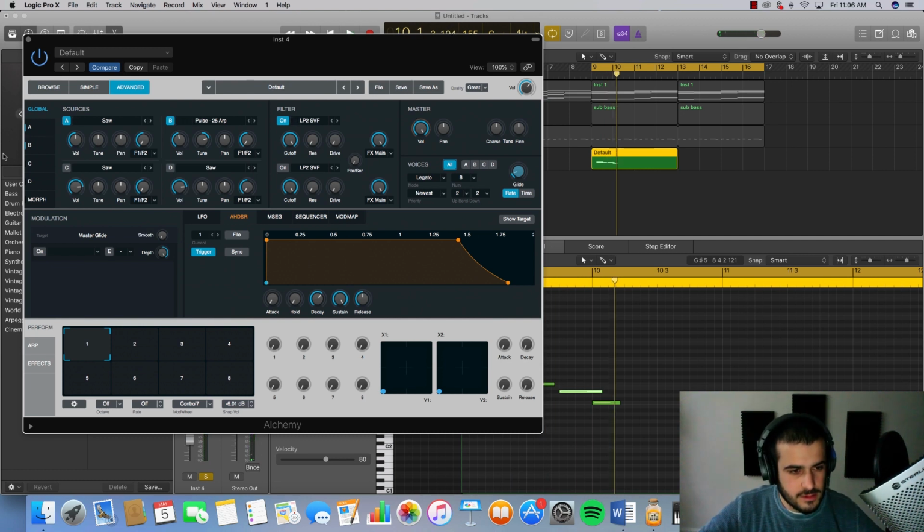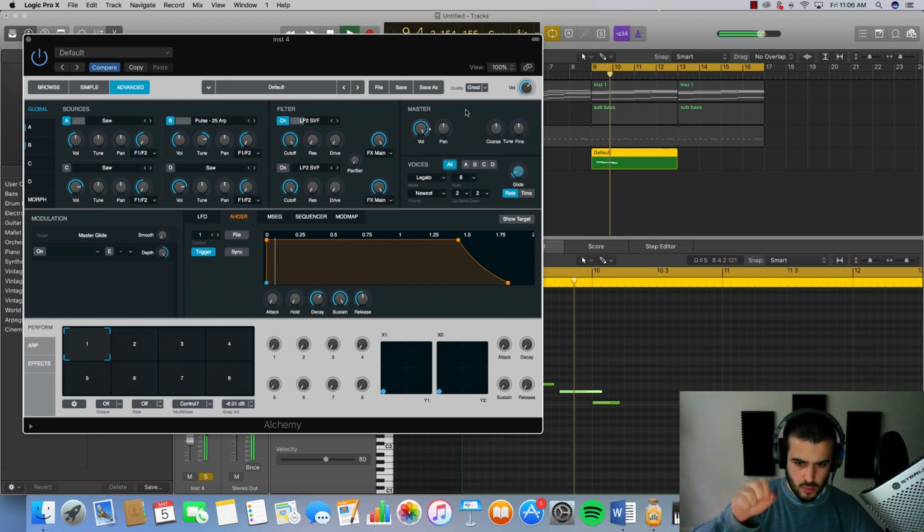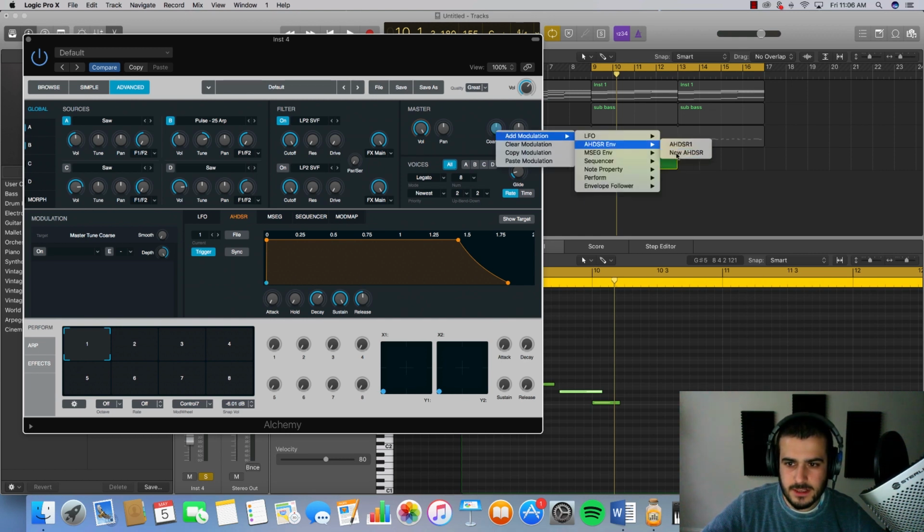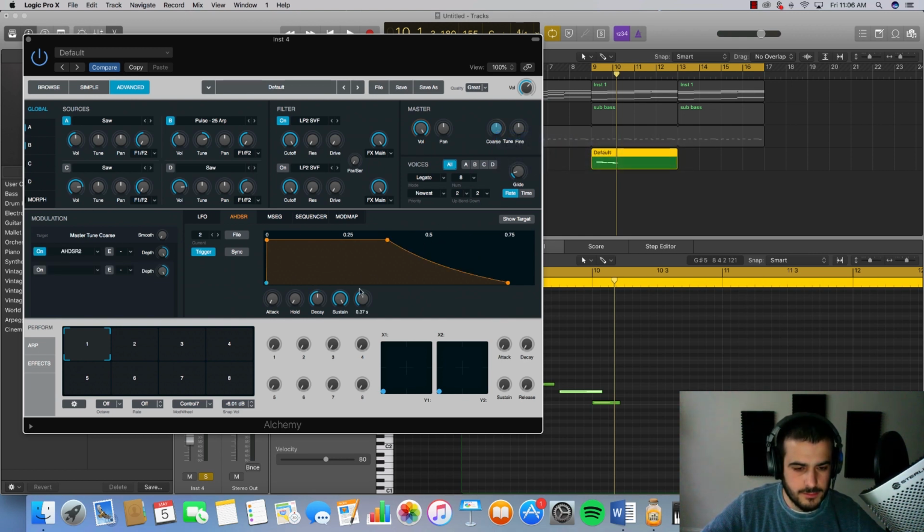Dude, I don't know how to do this. I have this crazy idea for some pitch modulation. I think I would use this. Modulation, let's get a new envelope.